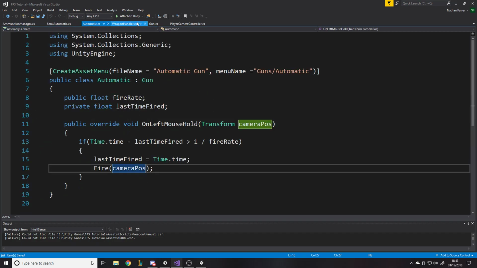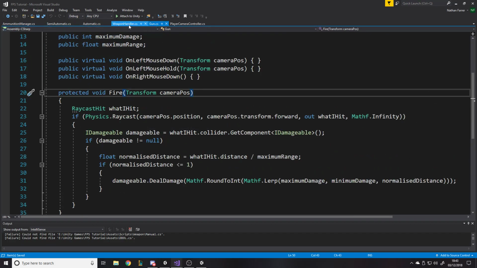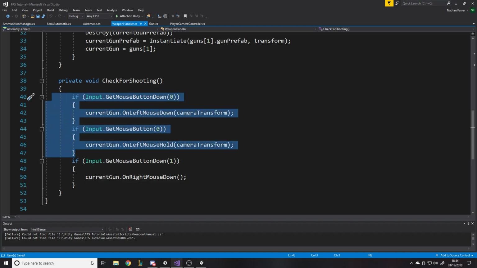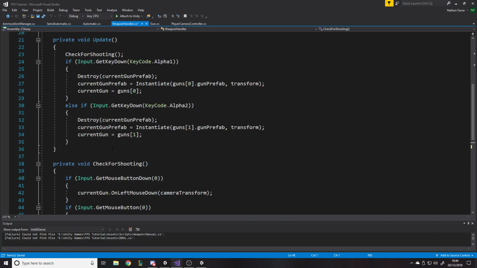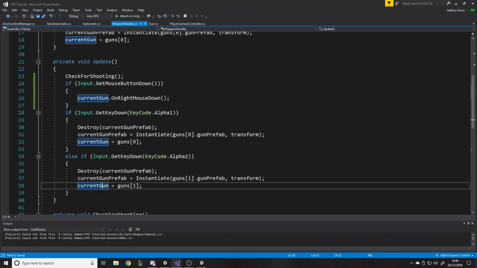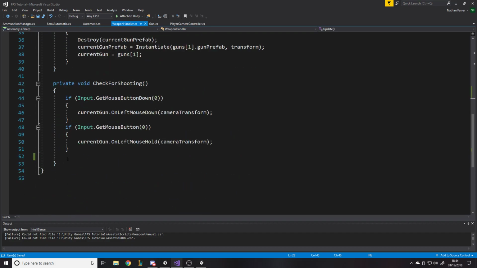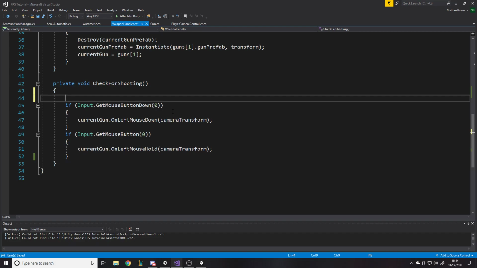All we want to do in the gun is whenever we call fire, we should actually call it from the weapon handler. The thing is though, this is shooting and this is separate. So for now we could just take this out because it's not really shooting. Now we're also going to get rid of this checking for 1 and 2. That's just a temporary way of changing weapons. But this is just for shooting, right? Left mouse button down and hold is for shooting. So before we even do that, we can basically say